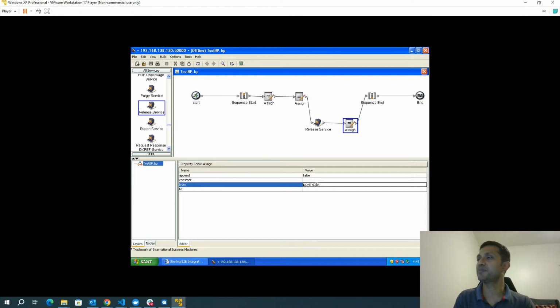It's case sensitive, so make sure the DOM is all in capital letters, the T in 'to' is capital, and the D in 'doc' is capital. And then I'm going to give a bracket like this,